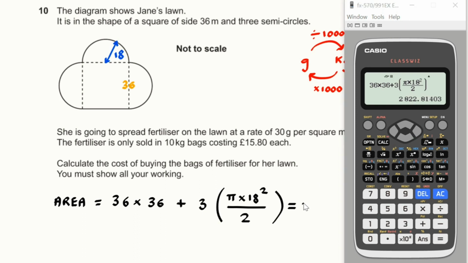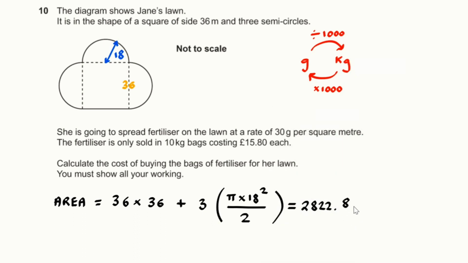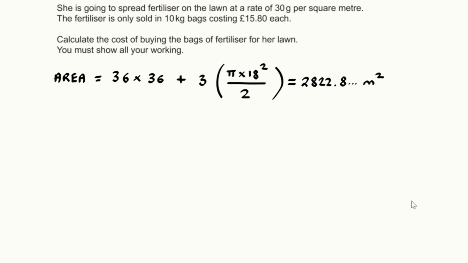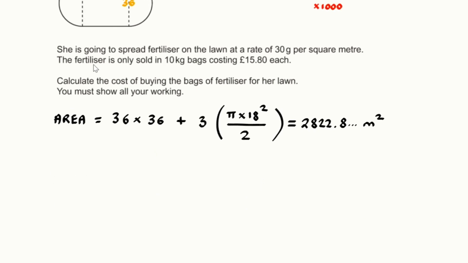We get 2,822.8 etc. meters squared. So we can find out how much fertilizer we require. We know that we are spraying fertilizer on the lawn at a rate of 30 grams per square meter. Now we've got this many square meters, so the amount of fertilizer